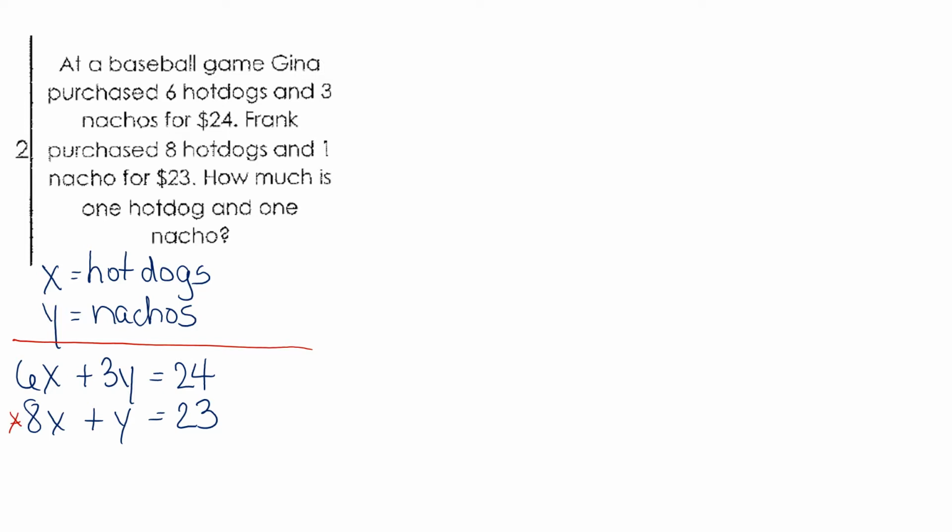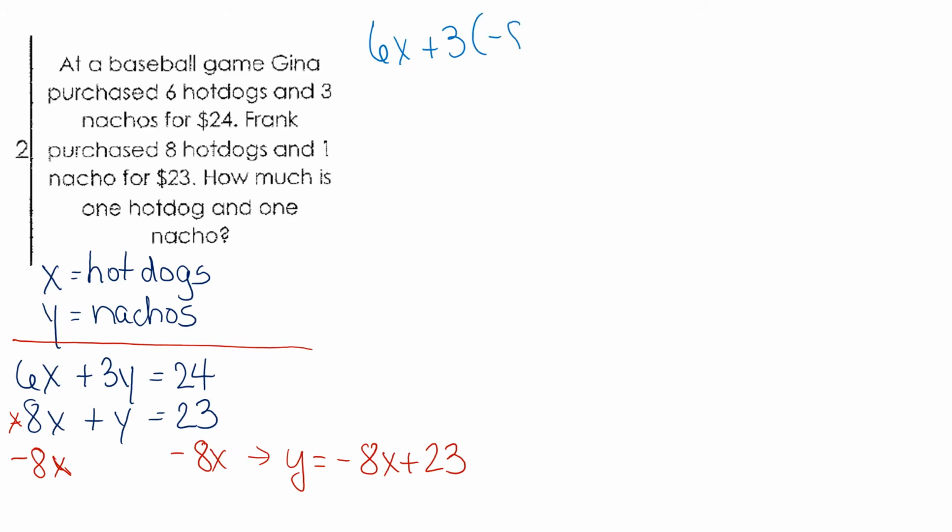I can isolate the Y by subtracting 8X on both sides of the equal sign. And so that would leave me with Y equals negative 8X plus 23. So now we're ready to start substituting. We're going to plug that in. So we've got our 6X plus 3. Instead of Y, we're going to substitute the negative 8X plus 23